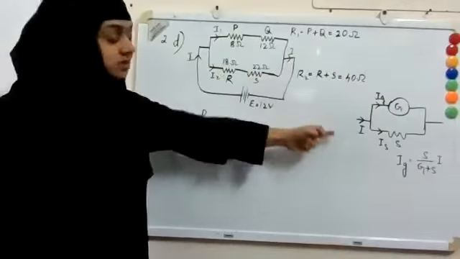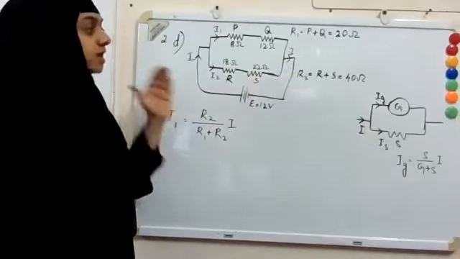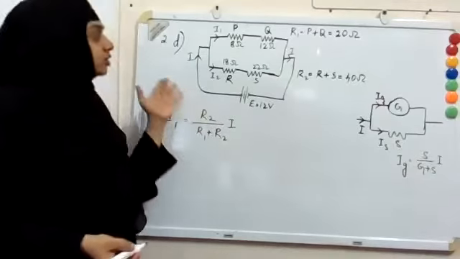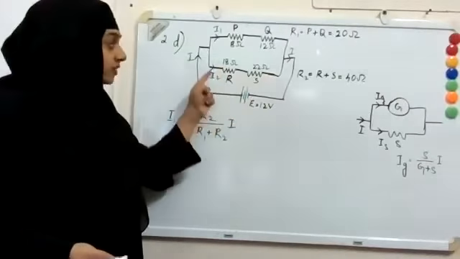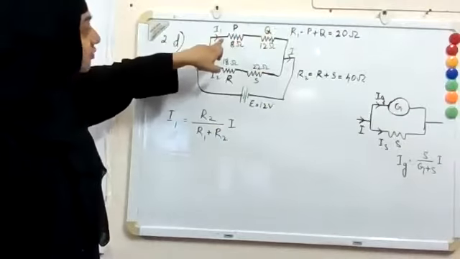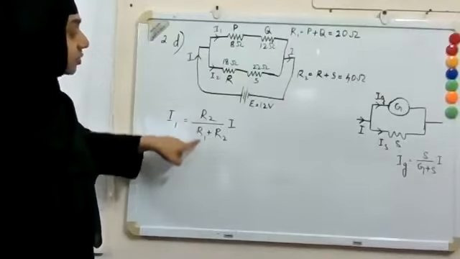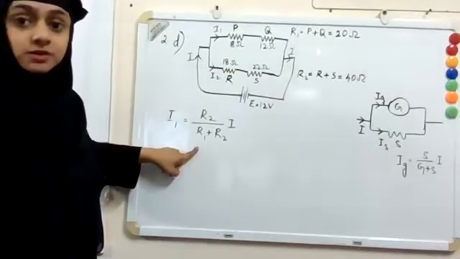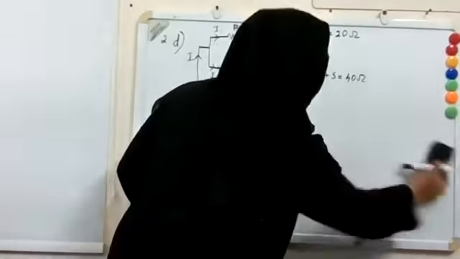See here, it's a similar situation. So I don't want to derive this again here, but you always remember this formula. It can save you a lot of time. If you are using Kirchhoff's law a lot of times, it will be a tedious task. So always remember, when the current splits into two parallel parts like this, current in one will be the other resistance divided by the total, R2 by R1 plus R2 into main current. So you have to remember this concept. That will save you time. Okay. So I'm using that concept here.